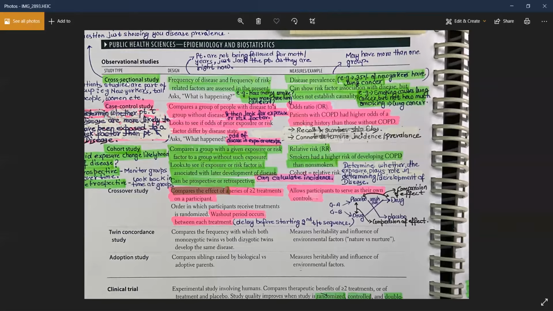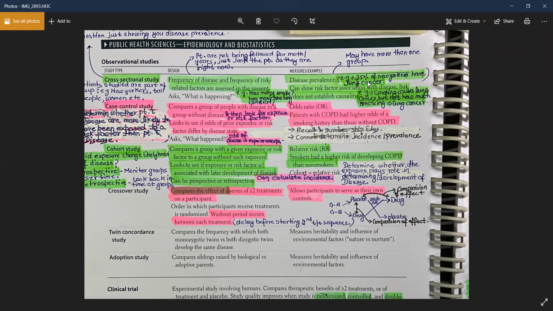It's like taking a snapshot of a time, right? We are taking all the individuals at a point of time. For example, let's say you want to know how many individuals in the United States are smokers. Okay, so you will take all the individuals with the smoking status and you will note it down. And you can easily tell, for example, that 25% of New Yorkers or 25% of US individuals are